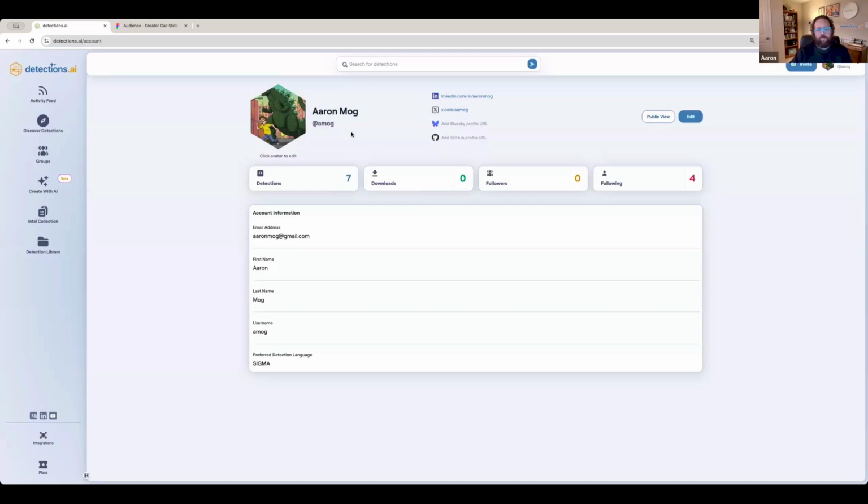This does come up a lot because people join and don't really think it through, and then they want to start sharing, and it's not what they want it to be. So you can come into your profile, change all of this, manage all of this. You also can check things like followers. This is a demo account, so I have tons of followers.